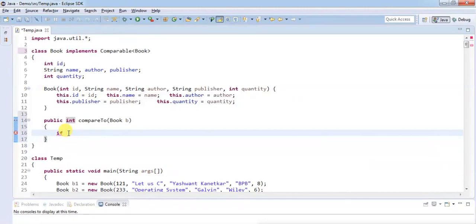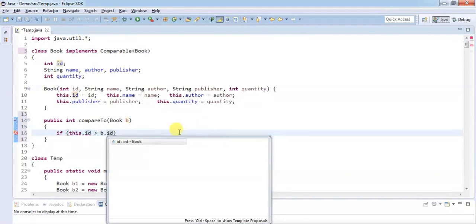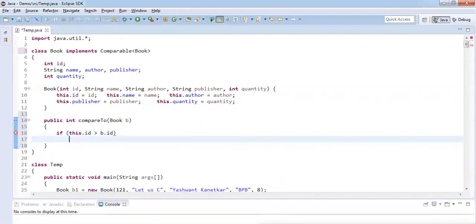So let's see this. If this.id, either you write this.id or you just write id here, is greater than whatever object you pass to me, I'll compare that object's id also.